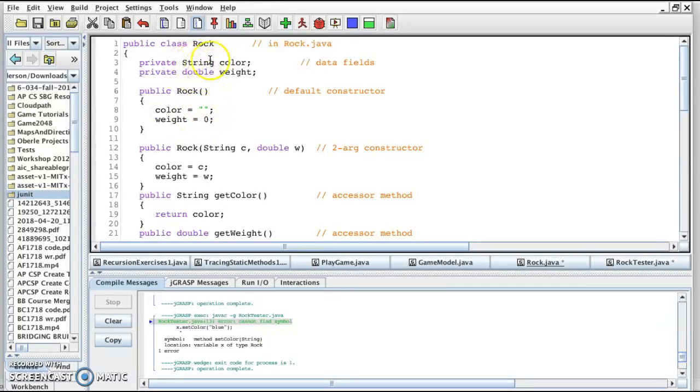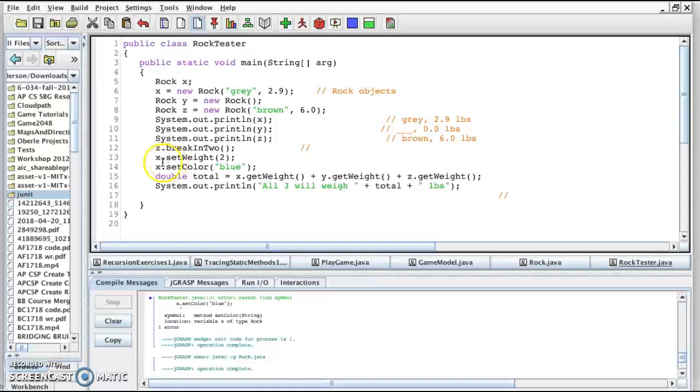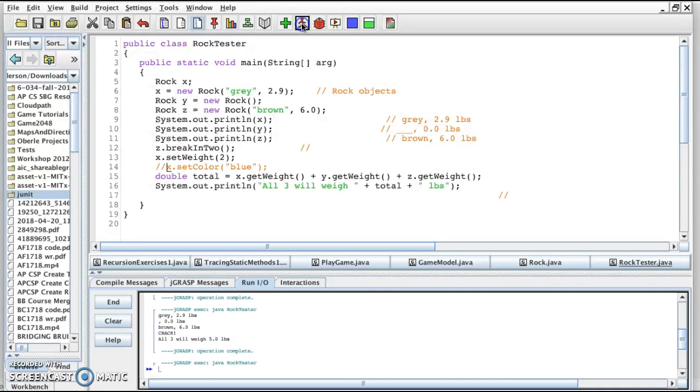So we're going to declare the object here, and notice in the constructor, I just use that variable. I'm not saying string color again. That would be a very bad mistake. What that would do is make another variable called color, just local for the constructor, that then goes away. Let me get rid of this set color that we don't have. But you'll notice my color no longer got set when I called the